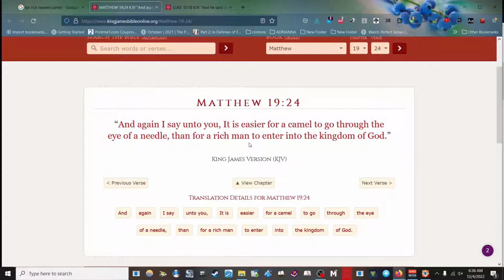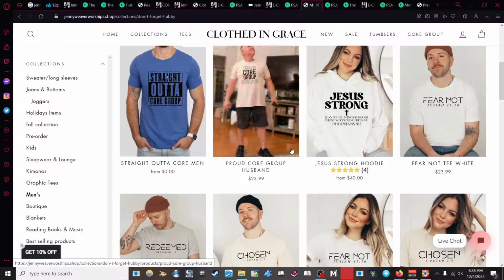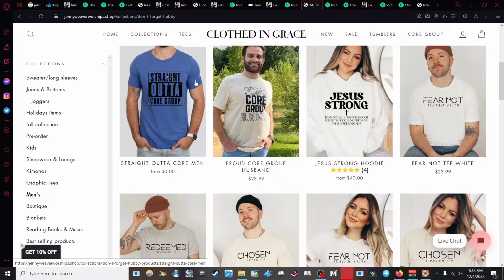Matthew 19:24. And again I say unto you, it is easier for a camel to go through the eye of a needle than for a rich man to enter into the kingdom of God. But I'm telling you, we're all connected in this sense. We all live on this world, and business is something that, especially business nowadays,